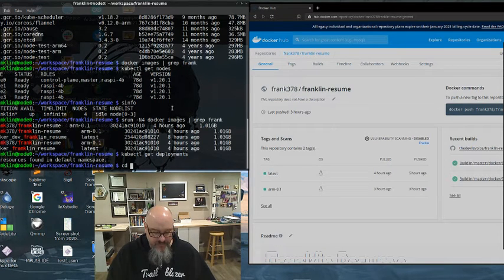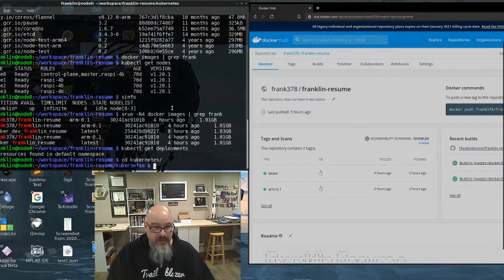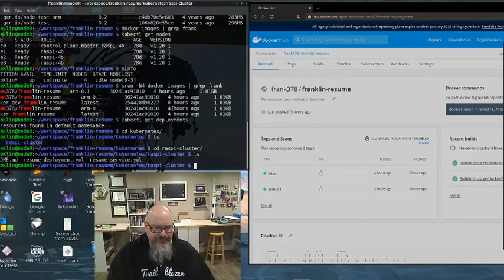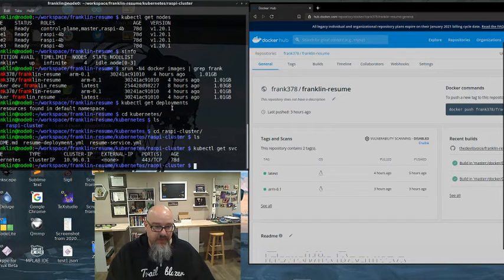So let me go into the Kubernetes directory, and in here I have it broken down. So I tried this on GCP, also Google Cloud, but here I have it for my cluster. So long story short, I'm going to create a deployment and a service. So you can see right now the service isn't there. This is kind of a default. So it's pretty simple. You just kubectl apply or create,